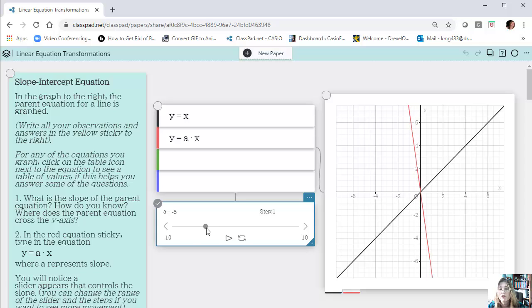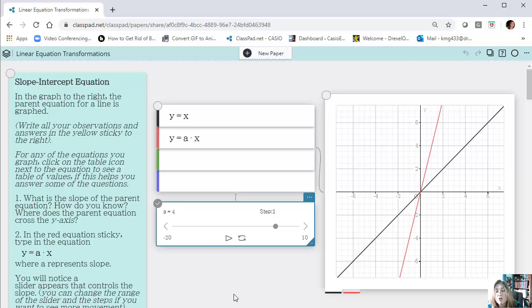What's that doing to the parent function? So what is that coefficient a doing to the original parent function, and when are they the same? So notice I just put a on 1, and now the red line matches up exactly with the parent. So what does that mean the slope of the parent is? 1. And so a must have something to do with the slope. And so if I start exploring, well, what if a is negative? I should get a line that has a negative slope, and that's true, I do. You can also play around here with the range and change these numbers so that you can go a little further out. So now I could really explore a little further out here.